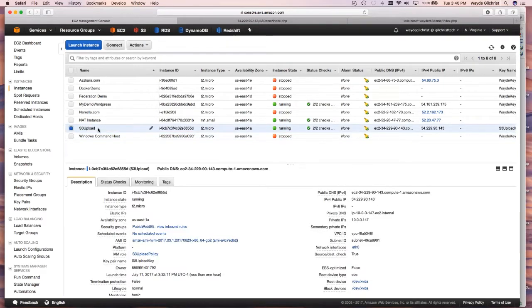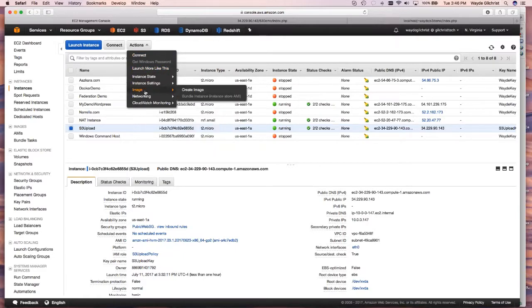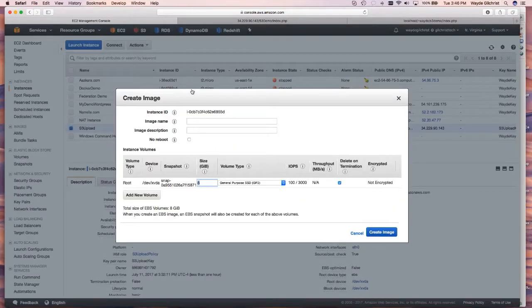Okay, so this is my instance that's currently running, my Linux instance. I could either right-click on it, or I could just go under the Actions menu, right? And I could choose create image. Image, create image, either way. All right. Now I want to give this image a name because I may have lots of custom AMIs and I want to know what this one is. So I'm going to call this S3 upload AMI, and I'll just say that contains